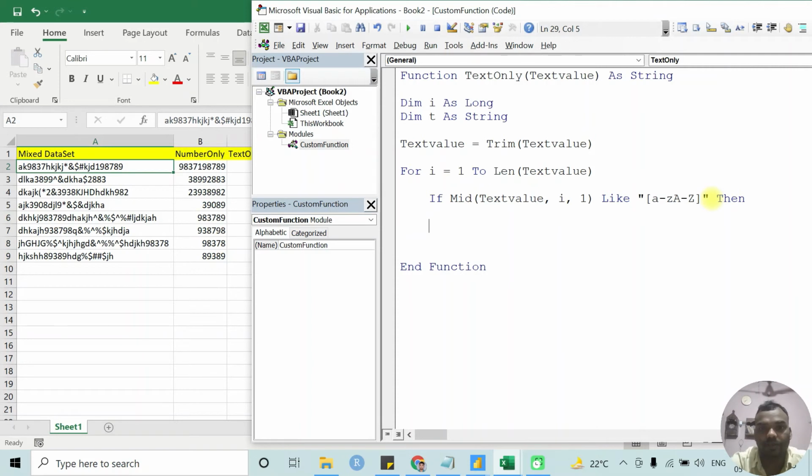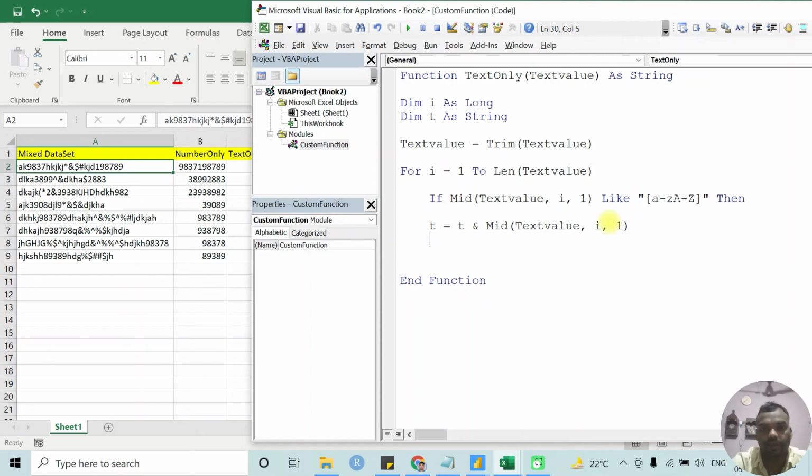Here we concatenate t with the characters which satisfy this logic using the ampersand symbol, mid text value i, which satisfies the length in this round of the if function.